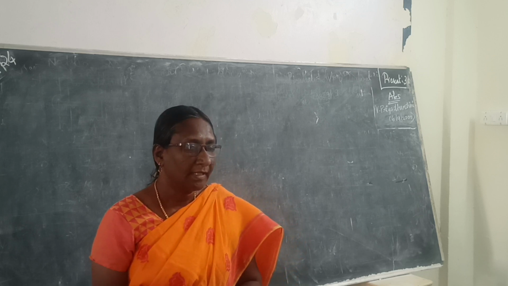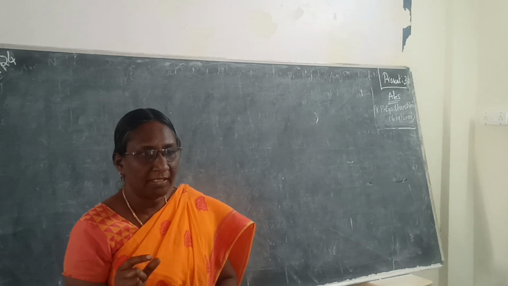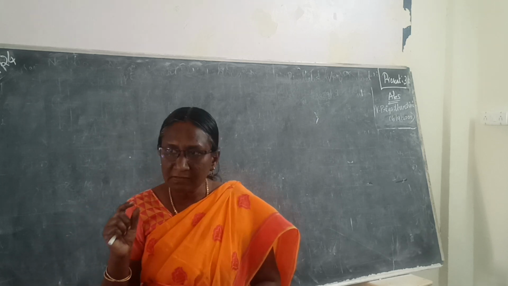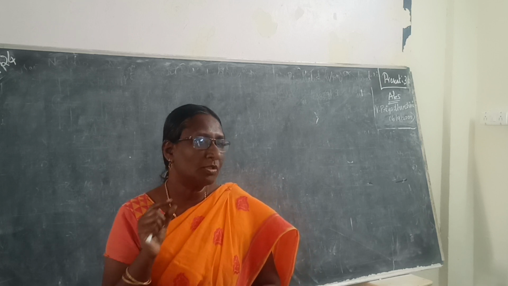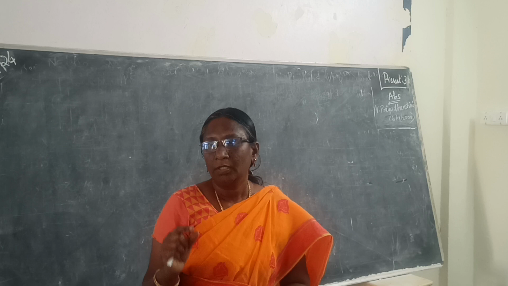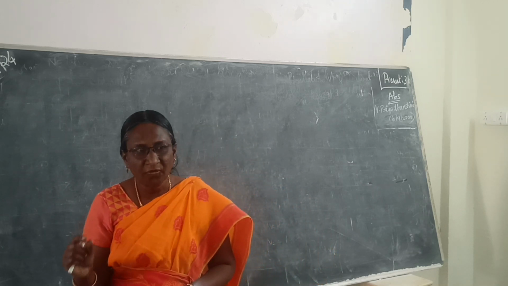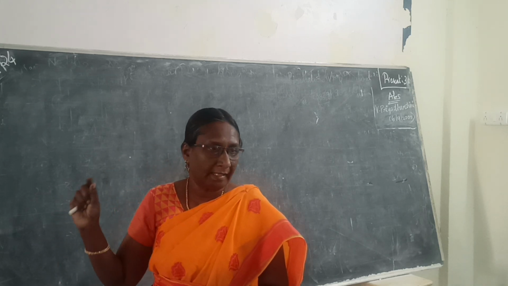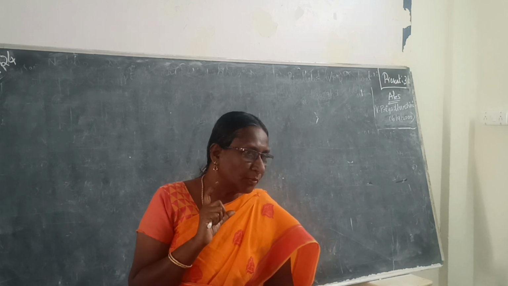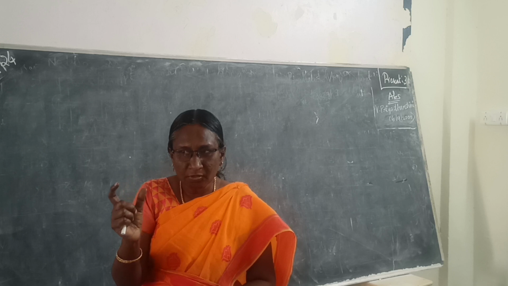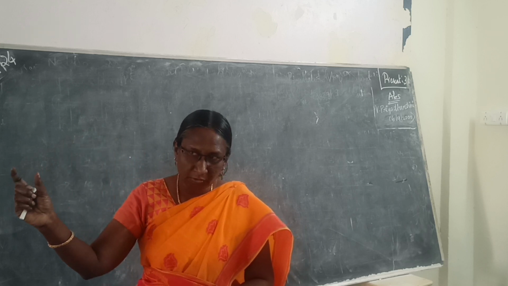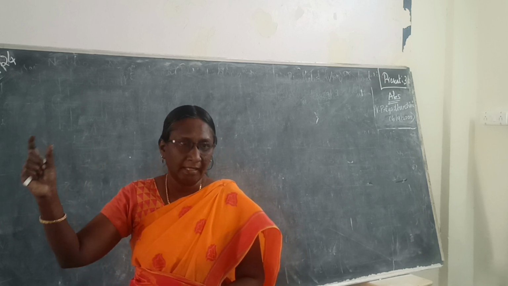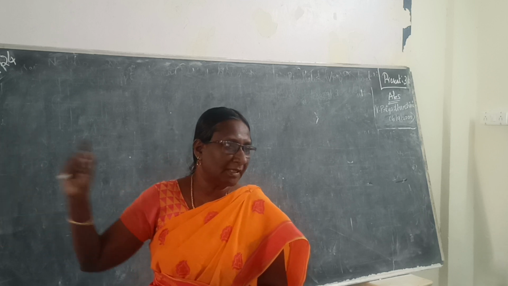So the theorem states that in any linear bilateral network consisting of active and passive elements, the overall response of the circuit is equal to the sum of the individual responses of each source considered alone, while the other sources become inactive. This is the content of the theorem. Do you understand what I am saying?